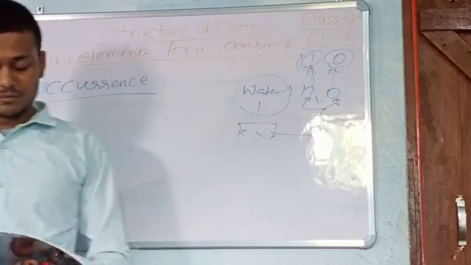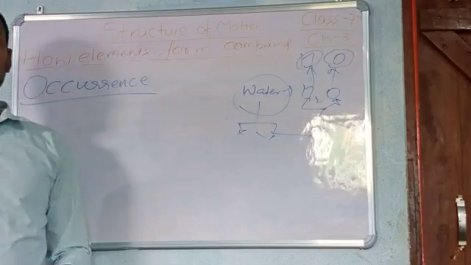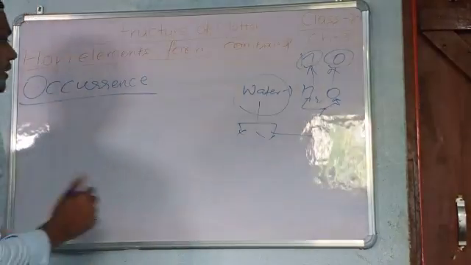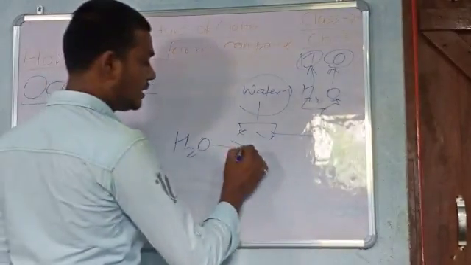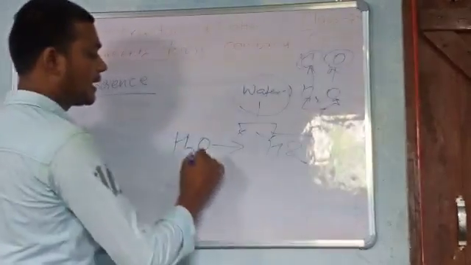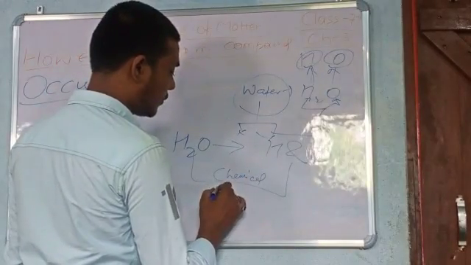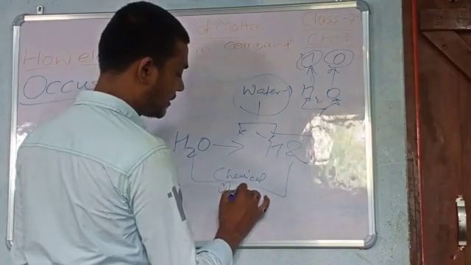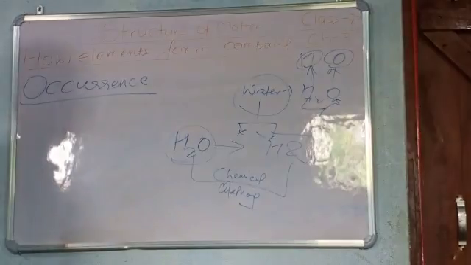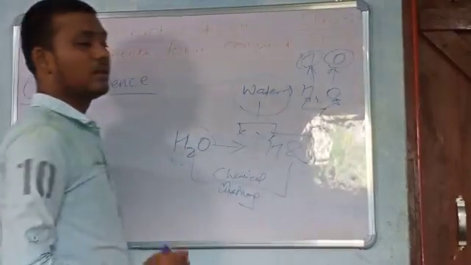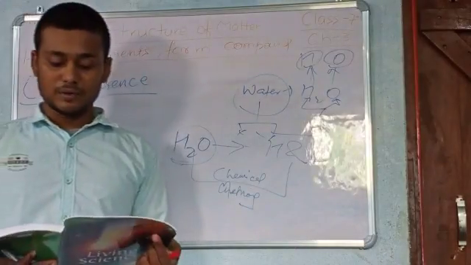What are the properties? First property: a compound can be broken down into its constituent elements by chemical methods. So any compound like H2O is broken down into hydrogen and oxygen by chemical methods. If we apply an appropriate chemical method, then all the constituents of this compound are broken down and divided into different pure forms of elements.